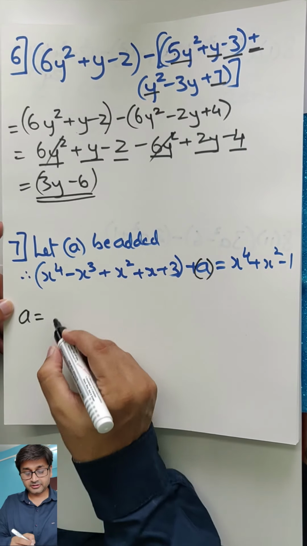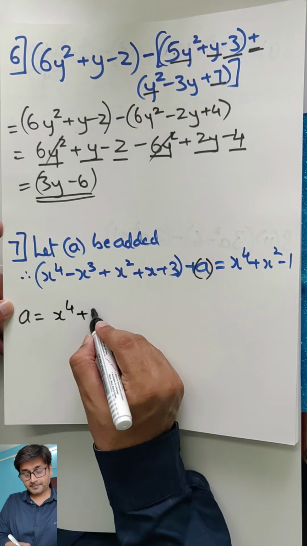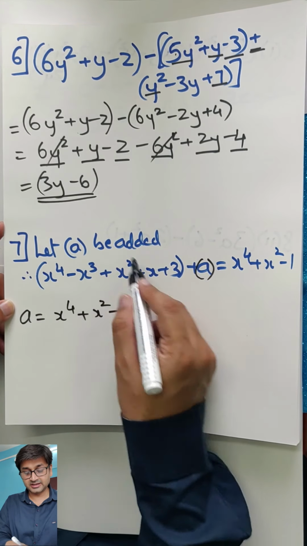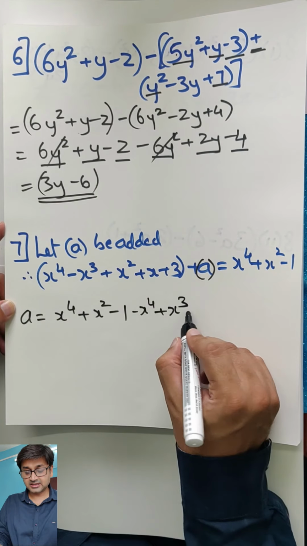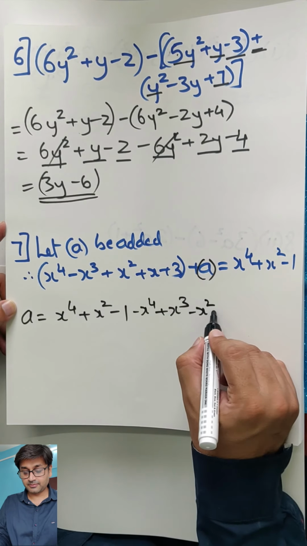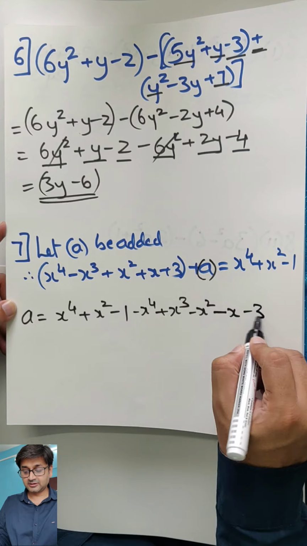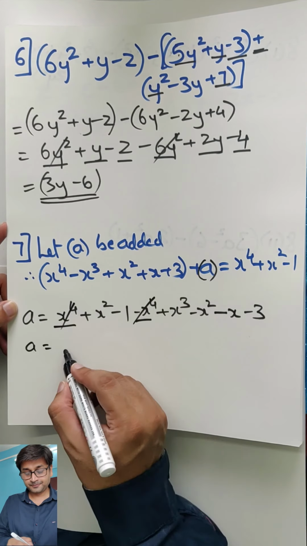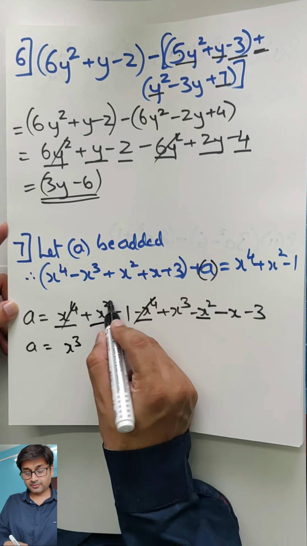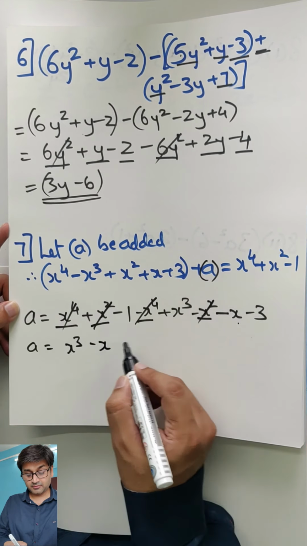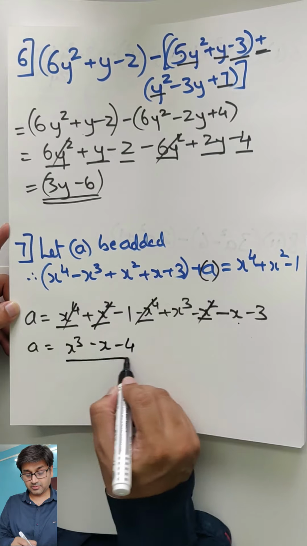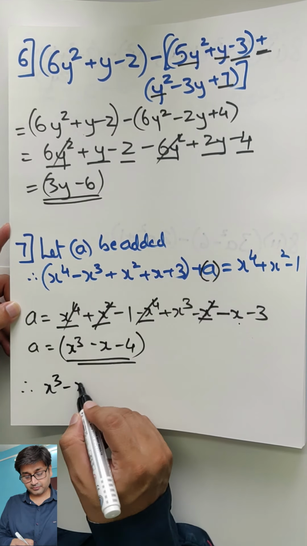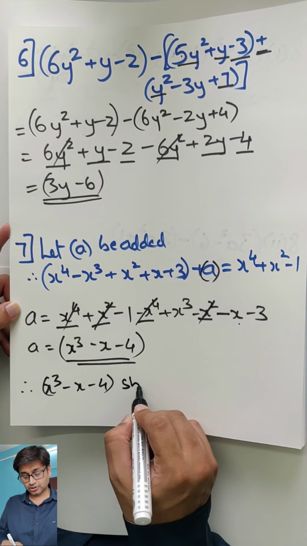Come on. So x4, x square minus 1, sending this on the other side, so minus, minus becomes plus, plus becomes minus, plus becomes minus, and again plus becomes minus. So A becomes x4 minus x4 cancels, x cube, x square plus minus also cancels, minus x, minus 3 minus 1 minus 4. So you can say therefore x cube minus x minus 4 should be